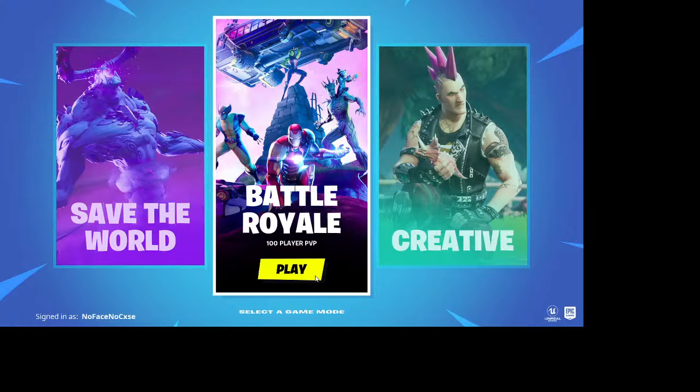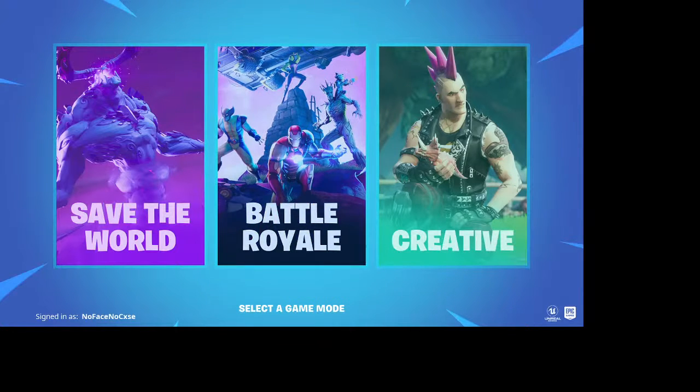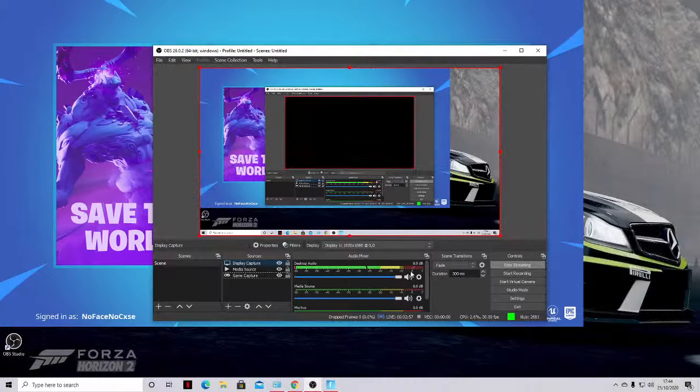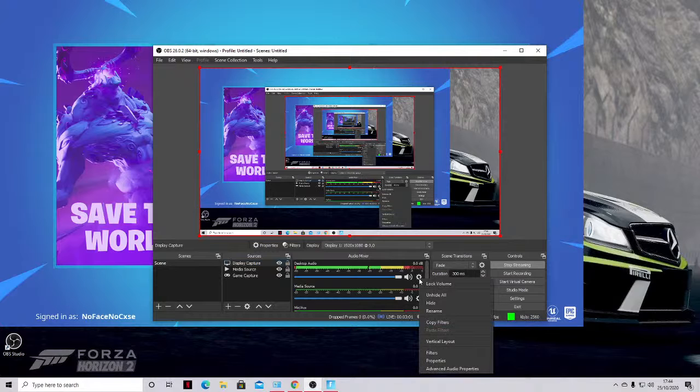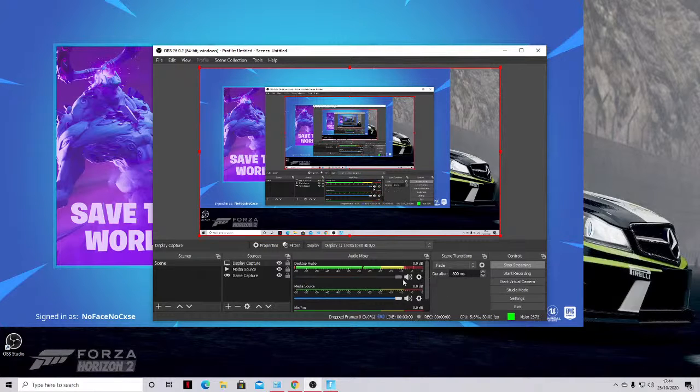Moving over to the streaming settings, this is where you would go to configure a stream. All you have to do is click on a service and then select your service from a drop-down menu. So for example, if we select something like YouTube, it's going to ask for a stream key. Click on this right here. It'll take you directly to where you need to get your stream key from, and go ahead and copy and paste it in here. I want to state that if you have a stream key,